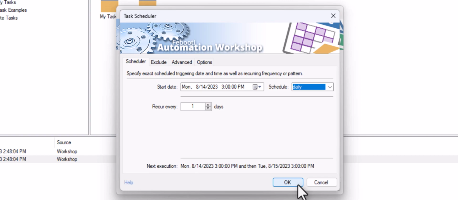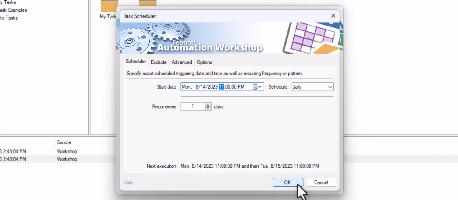The default schedule is already set to daily, so I only need to change the time it runs. There are a lot of fine-tunings possible for Task Scheduler, like exclude filters and other settings.